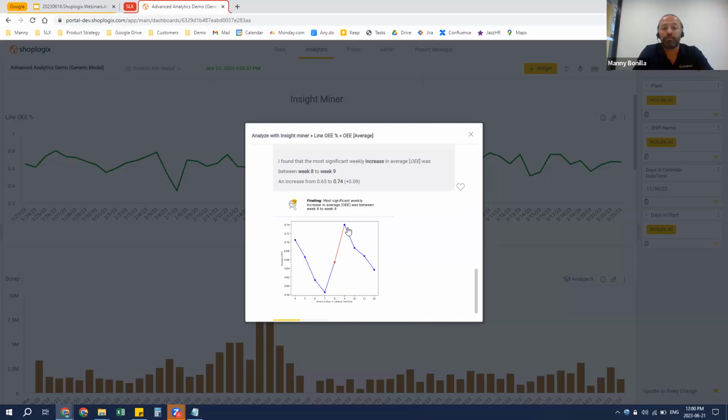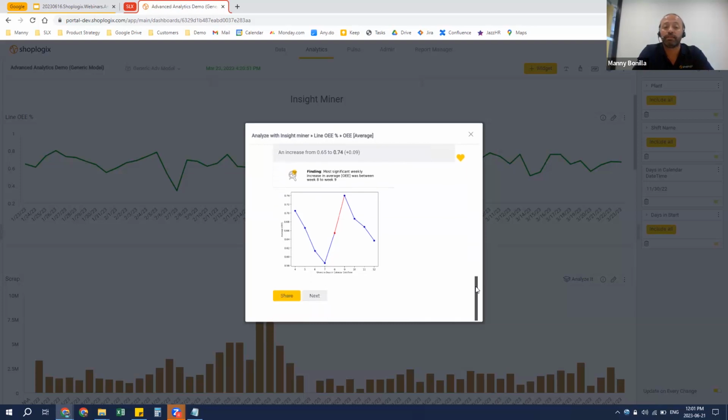The other feature I'd like to call out within a lot of these data insight algorithms is the ability to like things. So that's where we're using the machine learning feedback mechanisms that exist in a lot of systems. Just like when you like a post on your favorite social media platform, it knows that you are maybe interested in more information like this. So if I say I liked this, then it will learn from that and try to deliver similar insights in the future. And if I ask for the next insight,